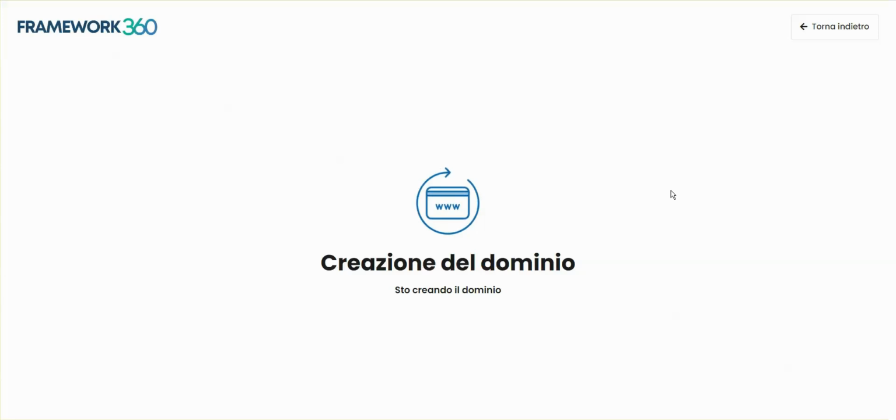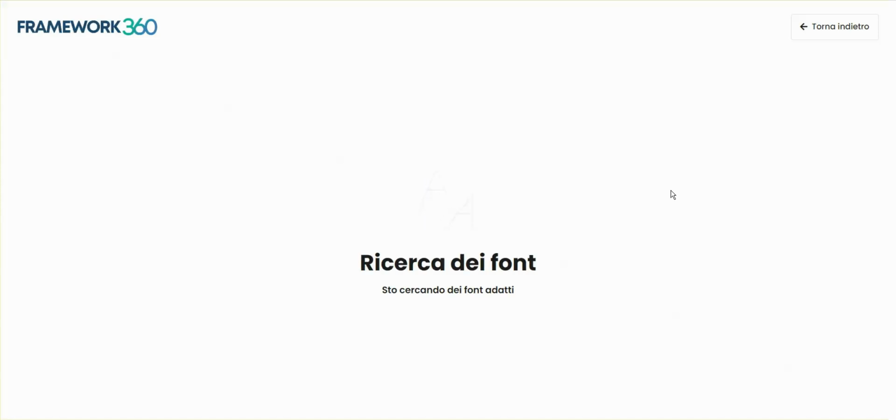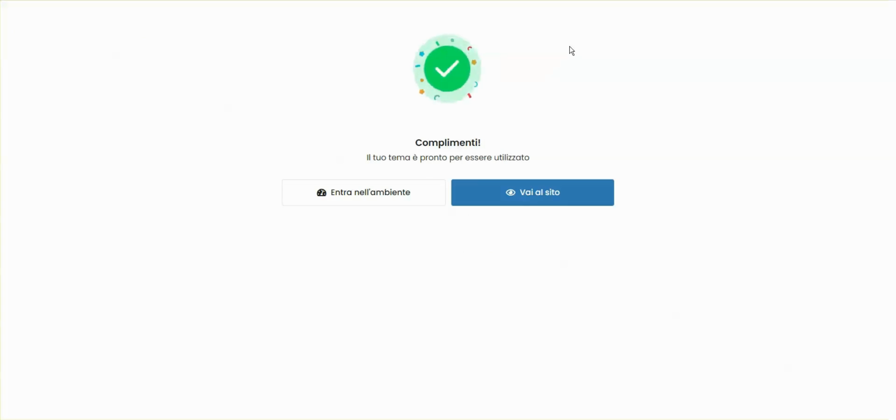As we can see, Framework 360 will start creating our site in a few minutes, completely automated, and in the end, we can modify it in all its parts, completely change the content, the photos, and select our main domain to go online and start selling on the internet. At the end of the generation, Framework 360 will congratulate us, and we could already directly click on Go to the site to see the website generated in a few minutes,